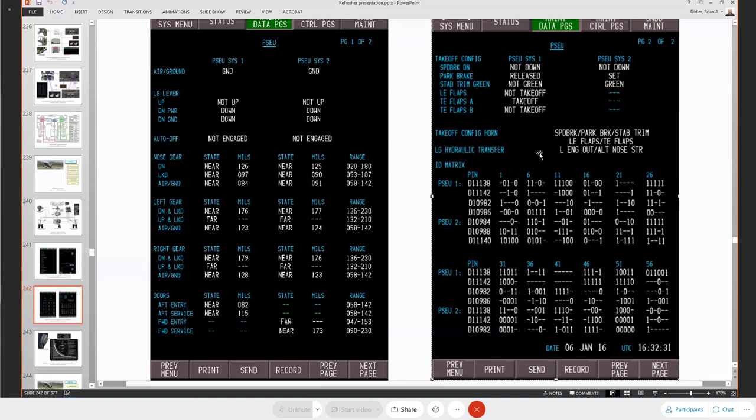Landing gear hydraulic transfer, this is your landing gear hydraulic transfer valve, the one that's on the keel beam. There are only 2 things that cause that valve to transfer from A system to B system. It's either your left engine out on takeoff or alternate nose wheel steering has been turned on. So it's going to tell you which caused the last transfer. The I/O matrix, the input-output matrix, is going to tell you the pin status of all